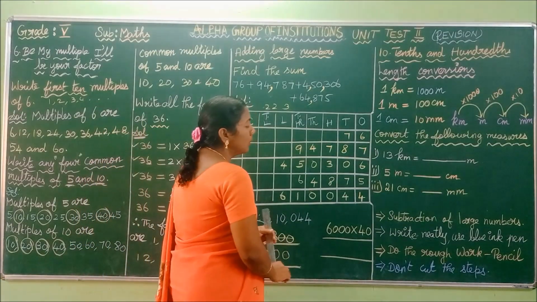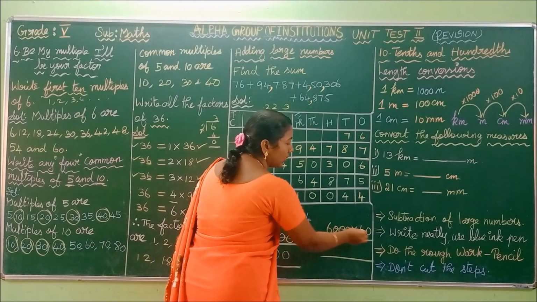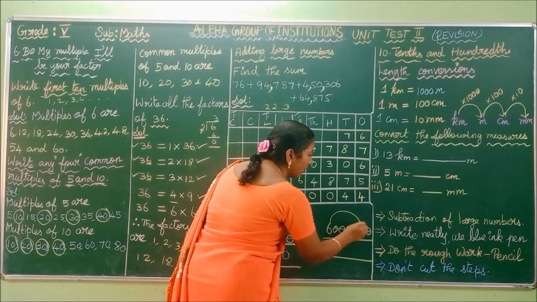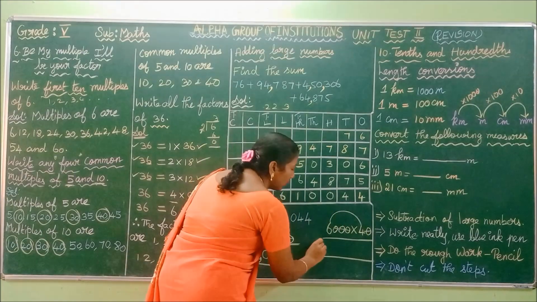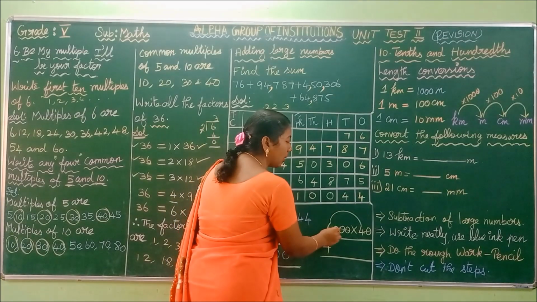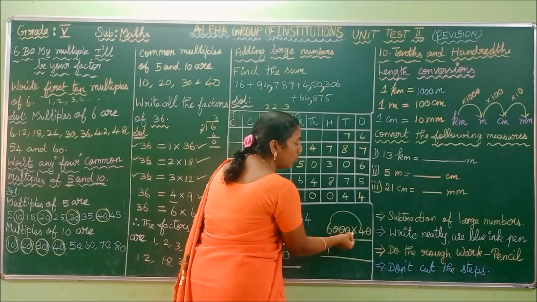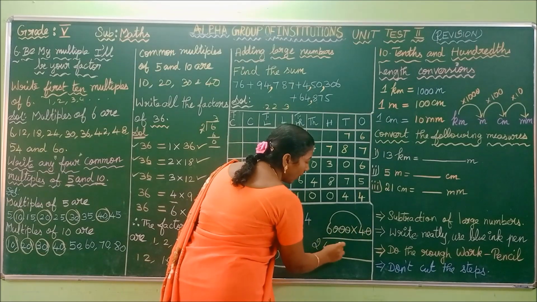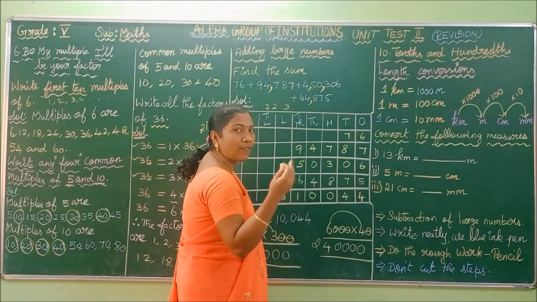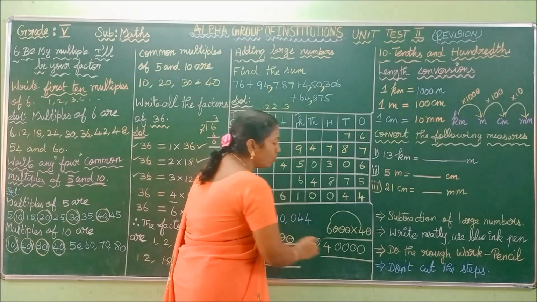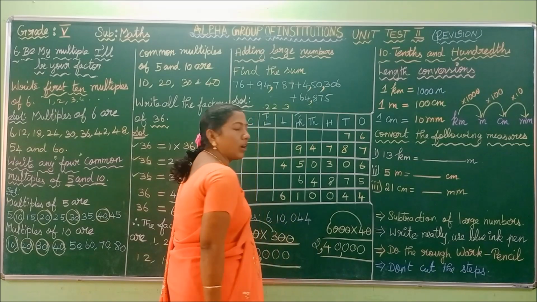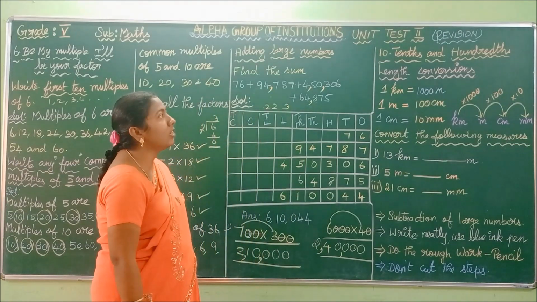See the next sum. First step, you have to strike out the 0 and then multiply the given values. What are the given values? 6 and 4. So 6 4s are 24 and then you have to add the remaining zeros. How many zeros you have to add? 1, 2, 3, 4. So you have to add 4 zeros. Okay. And then you have to place the comma after the 3 digits and then every 2 digits. So 2 lakh 40,000 is your answer. Do you understand, children? Okay.